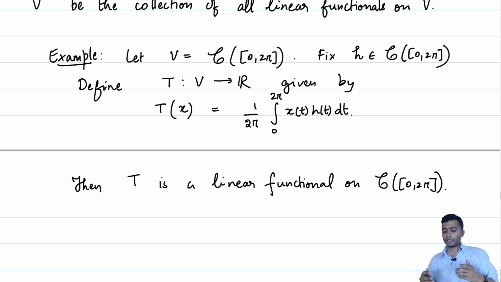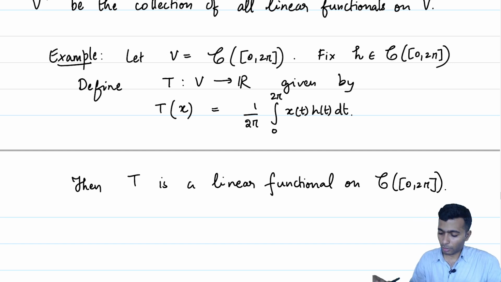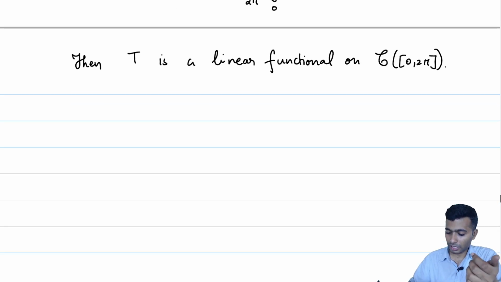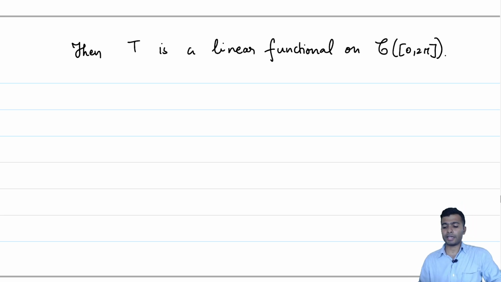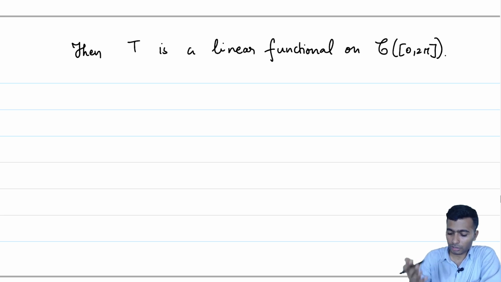Now, it is quite well studied as mathematical objects, especially when we consider h to be the functions, say sine of nt, where n is some natural number, or where h is cos of nt, where n is some natural number. Such linear functionals will give us what is called the nth Fourier coefficient of x. So, in later analysis courses, later courses in mathematics, you will see that these objects are very well studied, and it gives us a lot of information about the function itself.